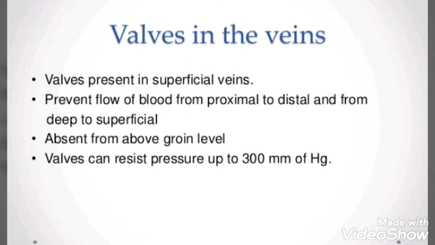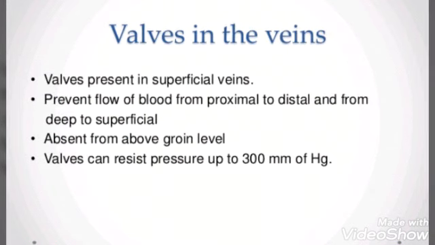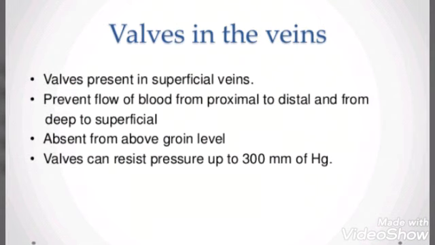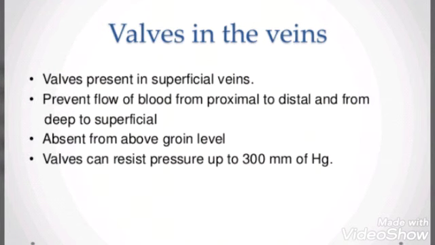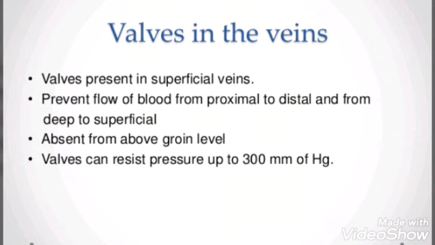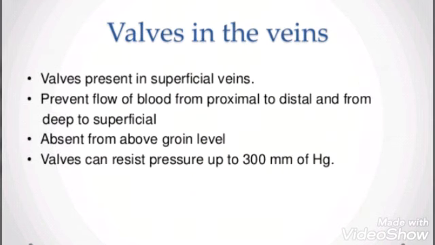As you know, the blood is circulated in the whole body. So in the lower limbs, or you can say lower extremities, blood circulation is controlled by these valves, and they control the circulation from downward to upward movement, and so they can only resist a pressure of 300 mm of Hg. If more pressure than that is created, you can easily see the swelling in the veins.